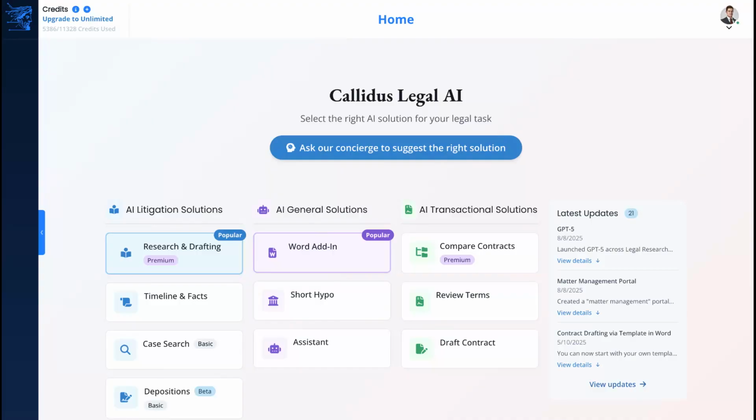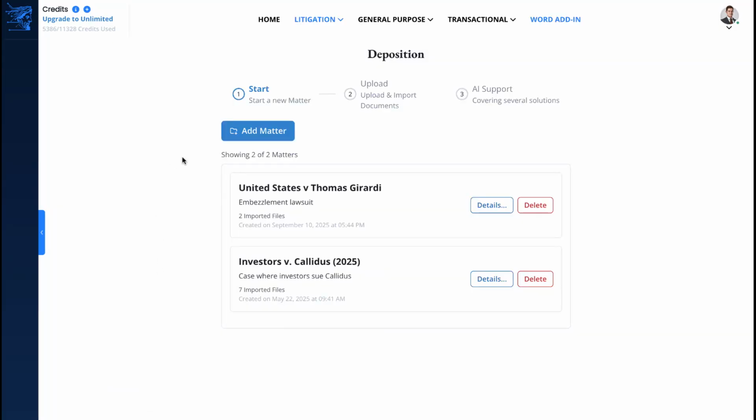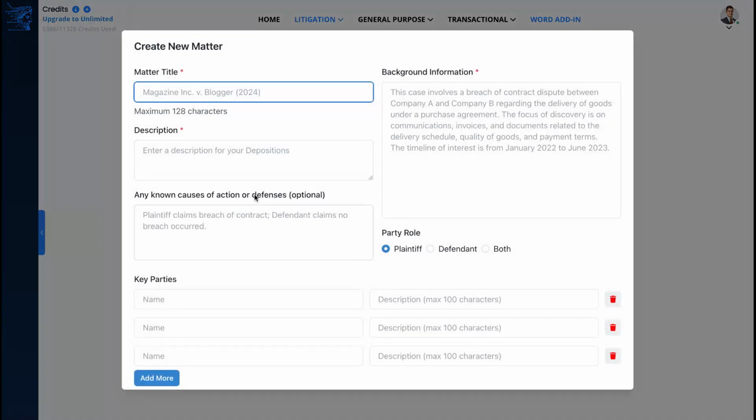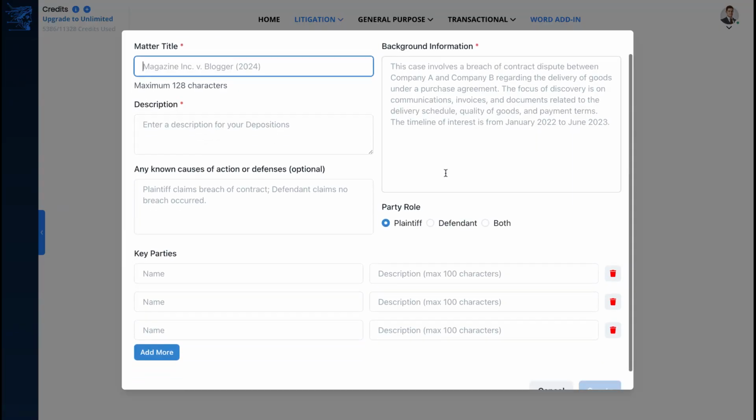Today I'm going to show you how to use our Depositions tool to review transcripts. If you go to our homepage, you can find our Depositions tool under the AI Litigation Solutions column on the left-hand side. You'll be prompted to add a new matter with details about your case and background information as well